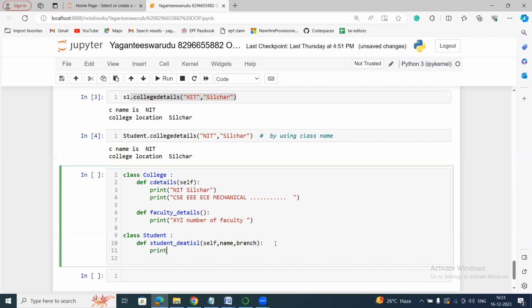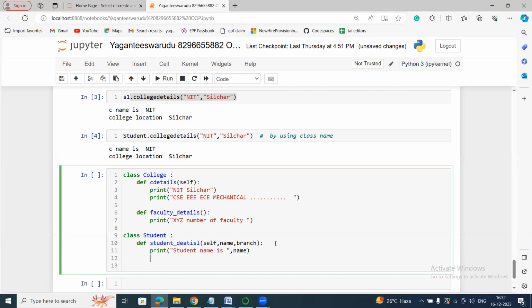Just I'm writing one college class and one student class. Student name is name and so on. So print branch. Now what I am telling is if I make this college class a parent class,